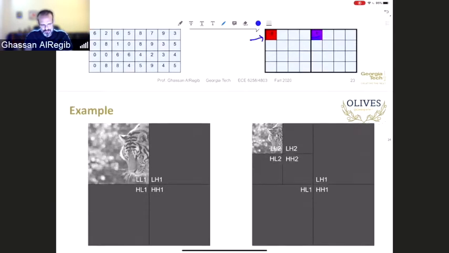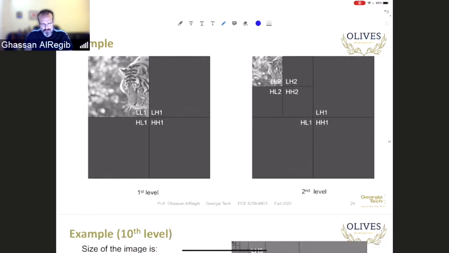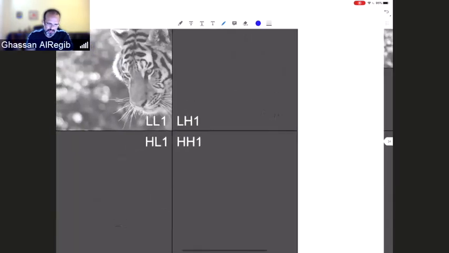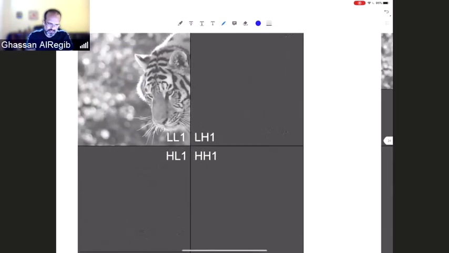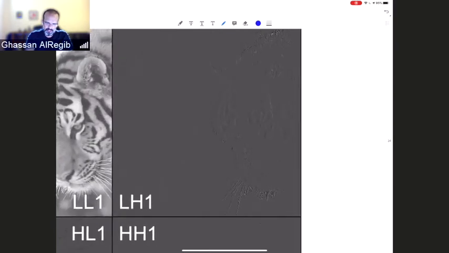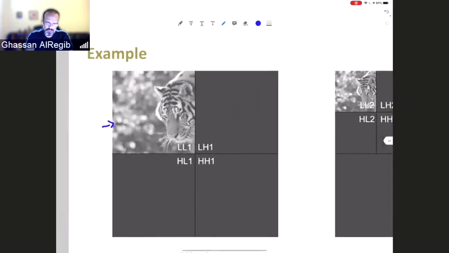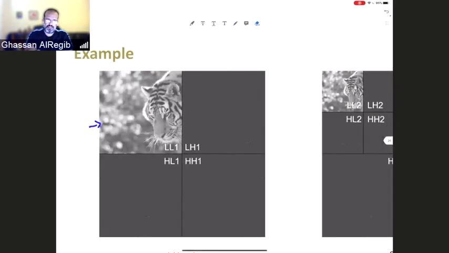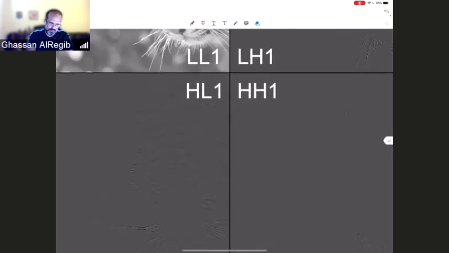If you do that for the grayscale of this tiger image, you can see in the first level of decomposition this is definitely an approximation. It's an average, it's blurry, and you can see there is some tiny detail about the frequency, the edges, in the LH1. This is really our first level of decomposition. You can see in here the HL1. You can see some